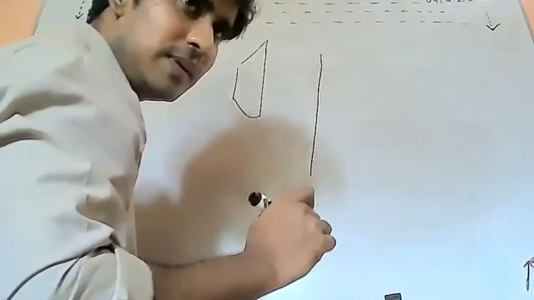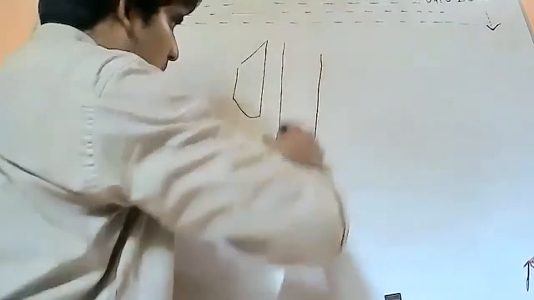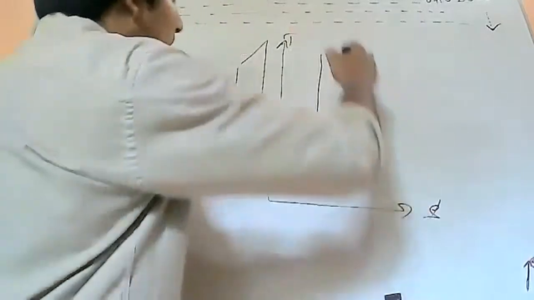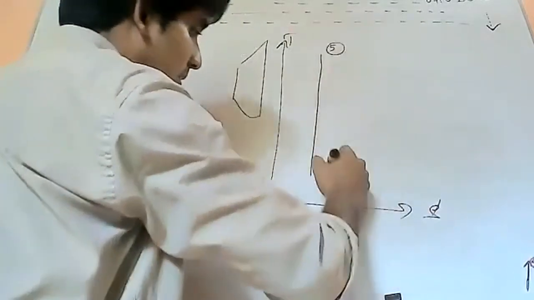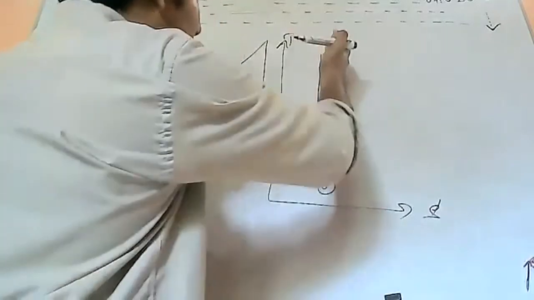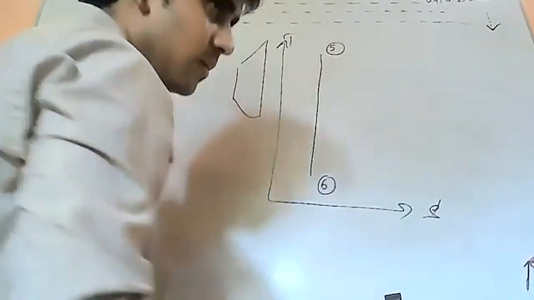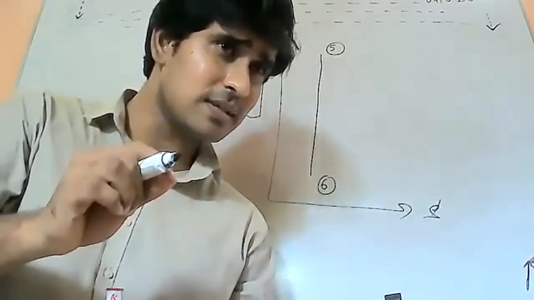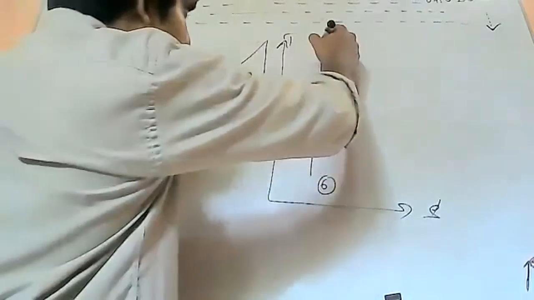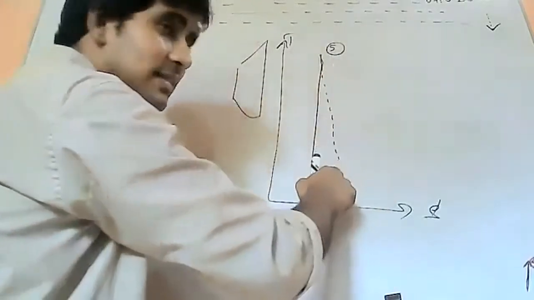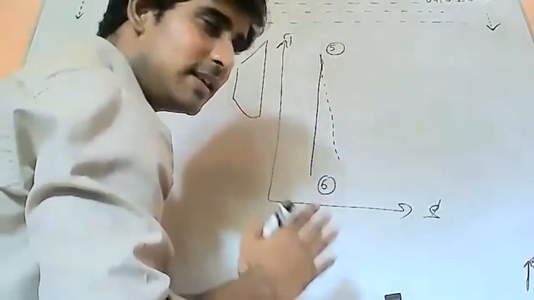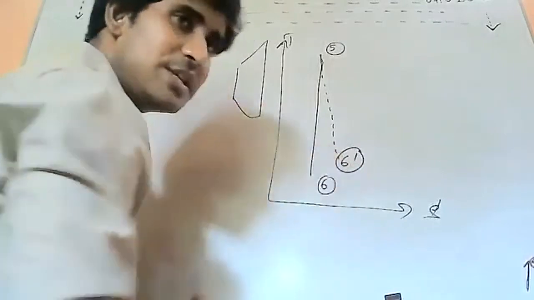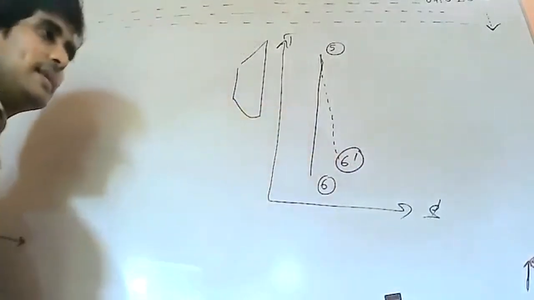Okay, so according to this problem, we will consider the first turbine in the TS diagram. TS, right? So let's say this point is 5, let's say this point is 6. So 5 to 6, this is how it is expected to give in the ideal manner. But I told you there is an efficiency, so because of that it will give lesser work. That means this point 6 will not be 6 in the real case. It will be 6 dash. It is not 6, it is 6 dash. Okay, so now how to evaluate that?